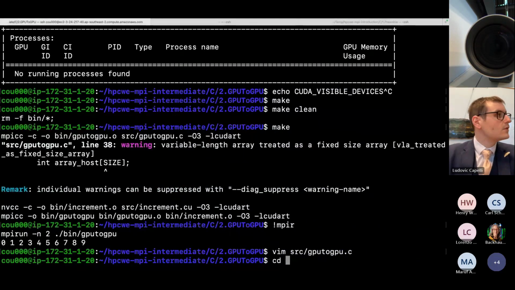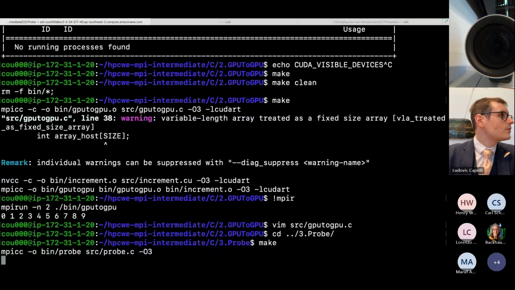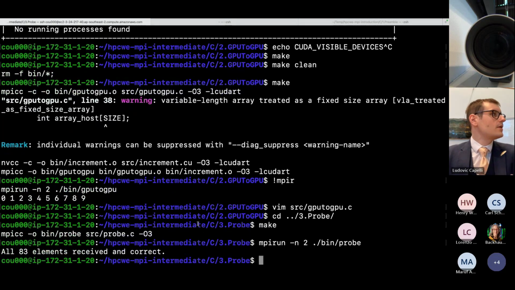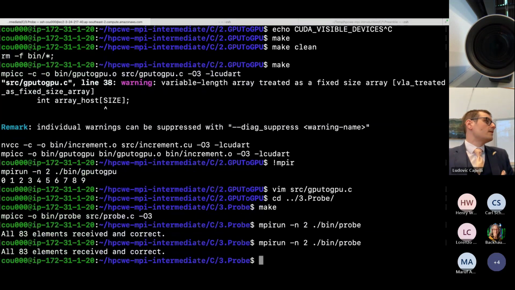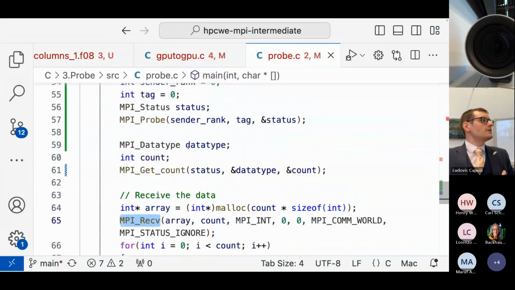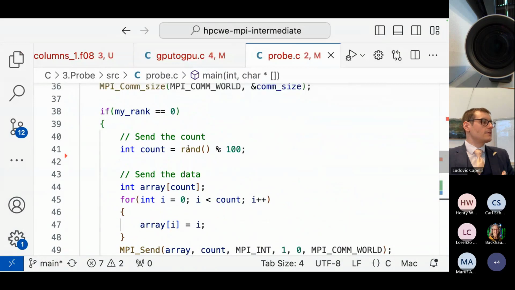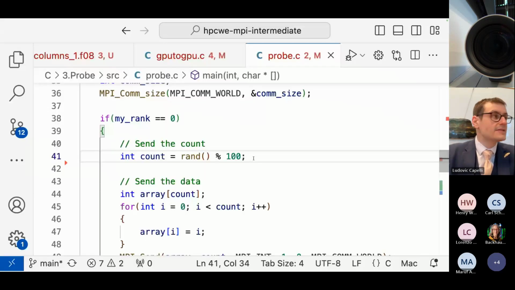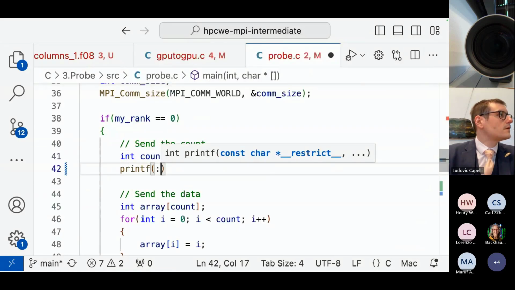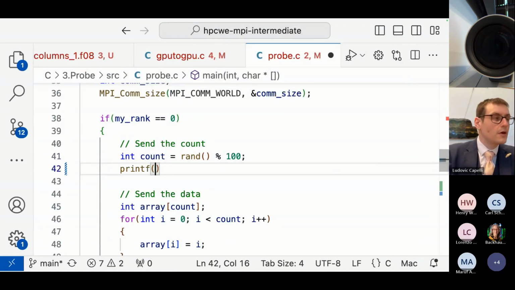Let's see if that works. A probe. And remember, since it's random, oh, but we're in C. So the random value chosen this time for the count was 83. We can print it here to make sure that we're not having a mismatch. The random value chosen is